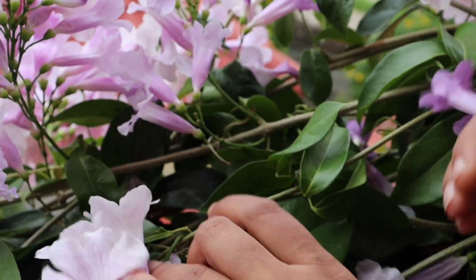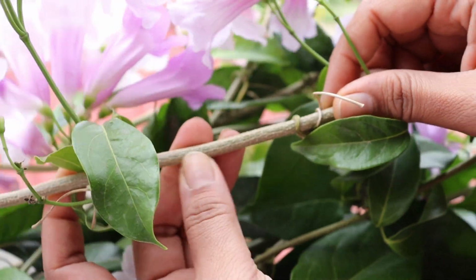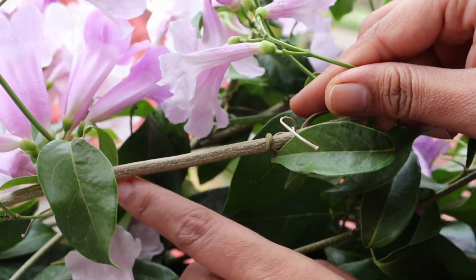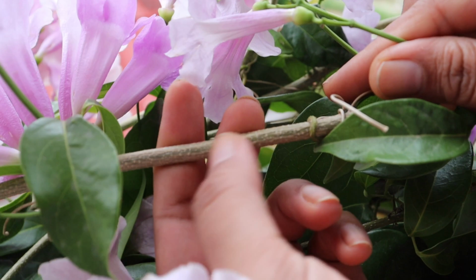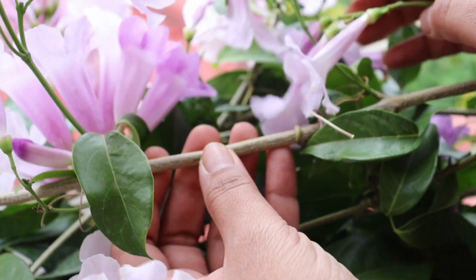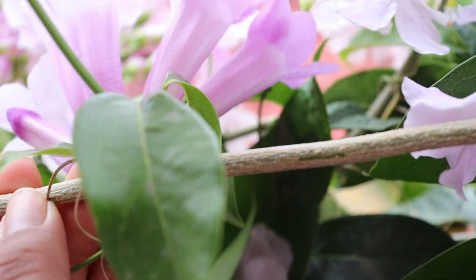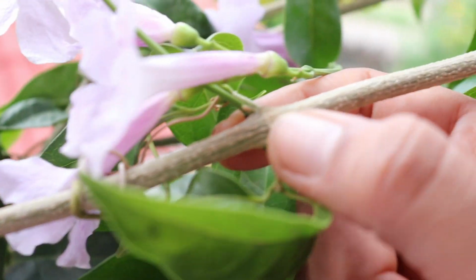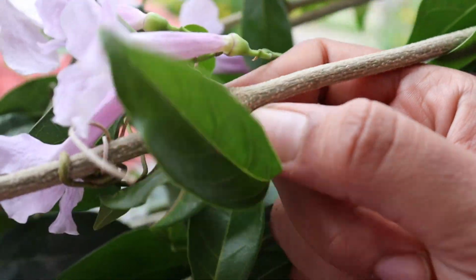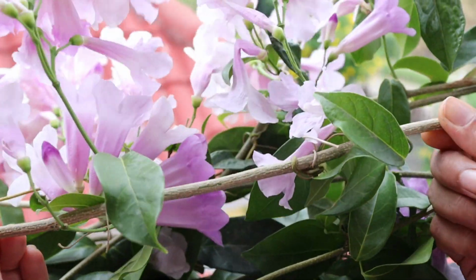The entire plant has woody stems. It's like semi-wood. So all you need to do is take a semi-wood cutting, something like this, which has some brownish and greenish color texture. Take a cutting with at least 2 to 3 nodes. When I talk about nodes, I mean these joints from where new shoots and leaves grow. So take a big cutting with at least 2 to 3 nodes and you can easily grow them in pots